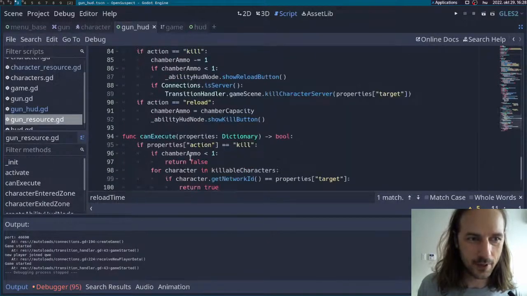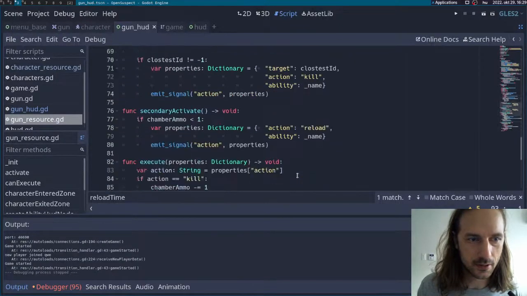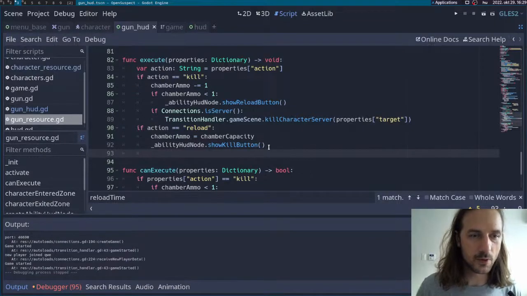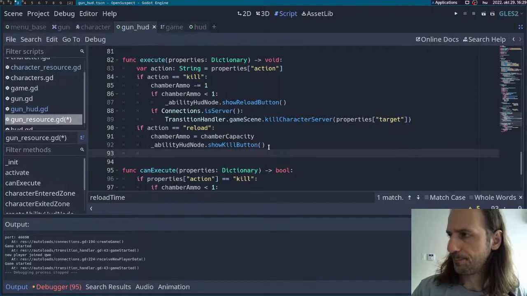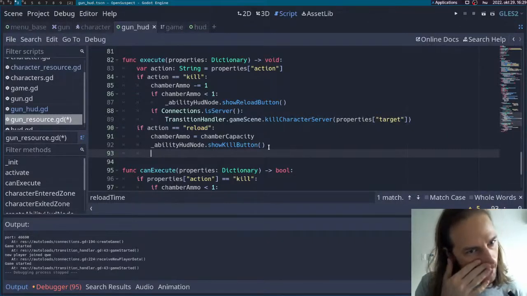But actually when we reload, secondary activate action, that's good. This is when we reload, this is when we should check whether the characters on the list are dead or not. How do I do that? So how do we go do that? So I guess